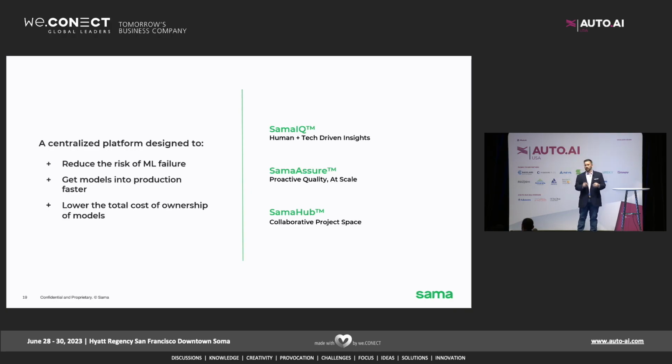We do this across our annotate and validate products using these three techniques and products. We use Sama IQ, which is humans plus technology-driven insights. So those examples I gave before, where edge cases may be collected up and provided back as a report, we might have gone on to do things like similarity search, looking at, say, the clustering analysis of your data. Those are the things where we've got this technology plus humans to enable your teams to move faster.